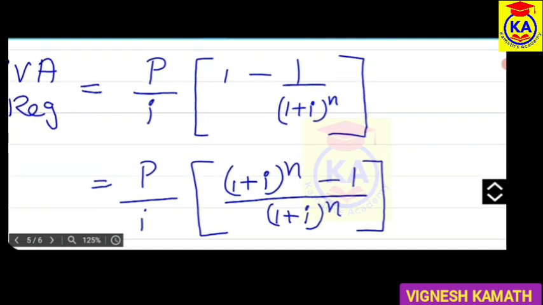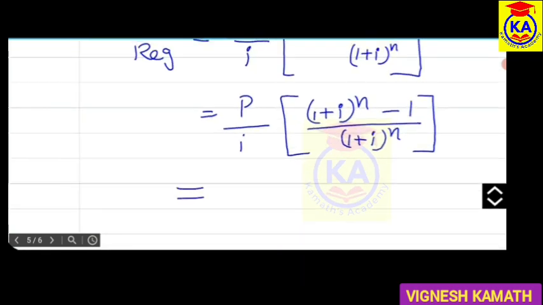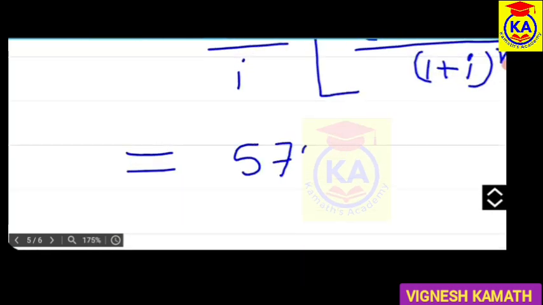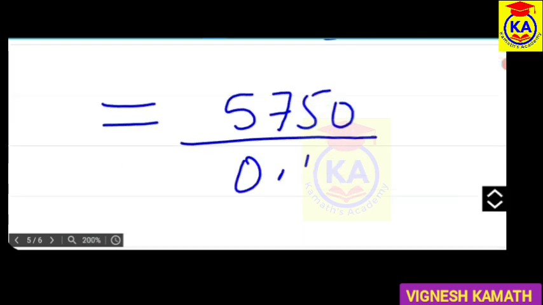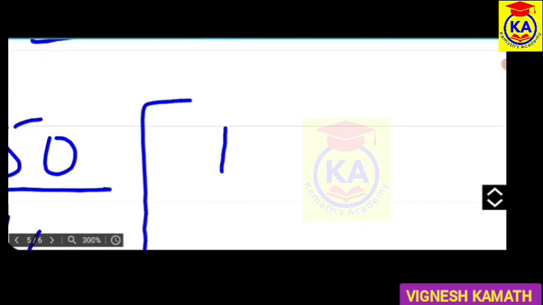I hope you know how to take LCM. Now later if you substitute, that will be easy. So P is 5750 divided by I, which is 0.16, bracket 1 plus I to the power n minus 1,